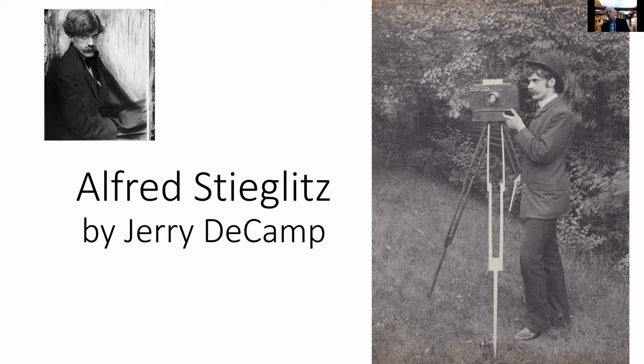And on the right is not a really great print or a great example of a print, but it's a self-portrait that Stieglitz does using a view camera, a large view camera, which is what he started out with, which is pretty typical for the 1800s, that people had large negatives or glass plates that they worked with, and the cameras were bulky and slow and required a tripod. We'll talk more about the technical issues.